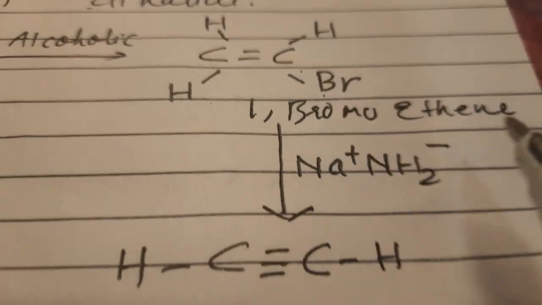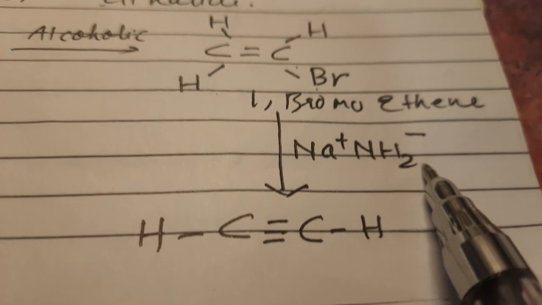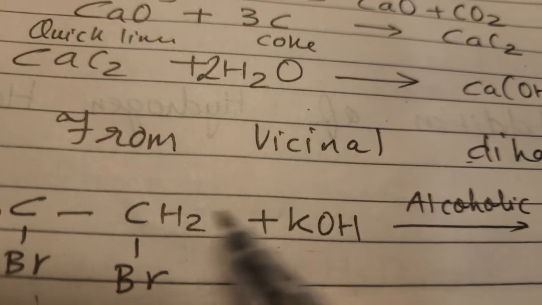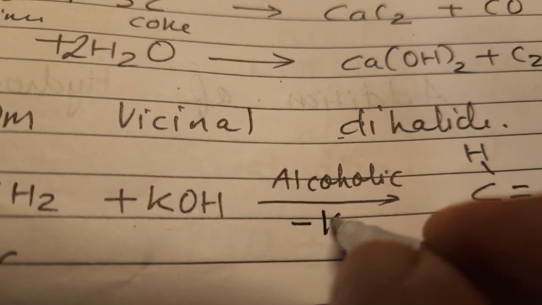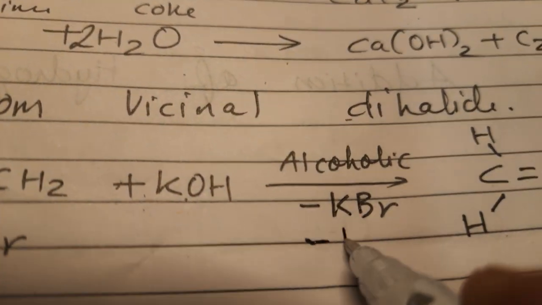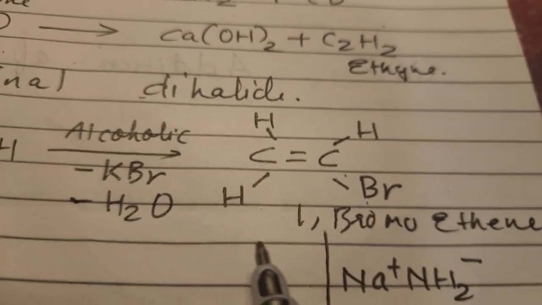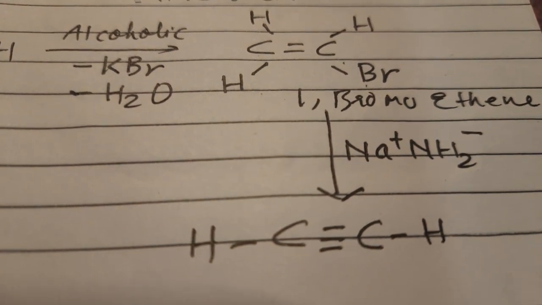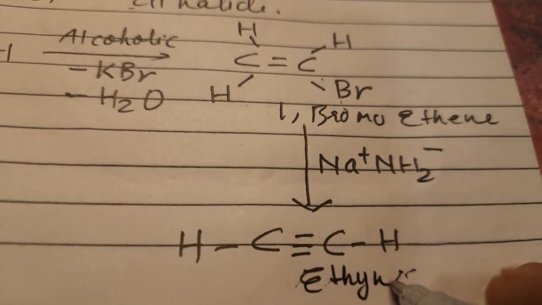There is a bromo on carbon 1. Then it reacts with soda amide. This compound is known as soda amide. So when it reacts with soda amide, and here what you see children, alcoholic KOH is there. So when one Br is removed, minus KBr, right? And one OH is removed, so minus H2O. These products will be liberated. Correct, children? And so the final product formed here is 1-bromoethene. Then this 1-bromoethene reacts with soda amide. It will give the desired product, that is ethyne. This is the method of production of ethyne.